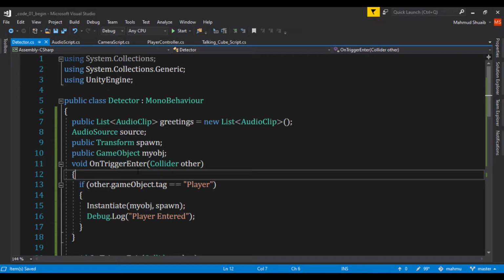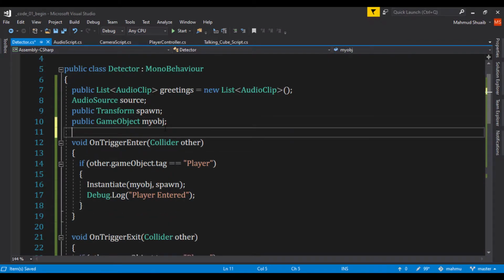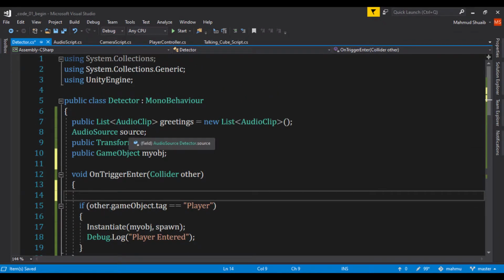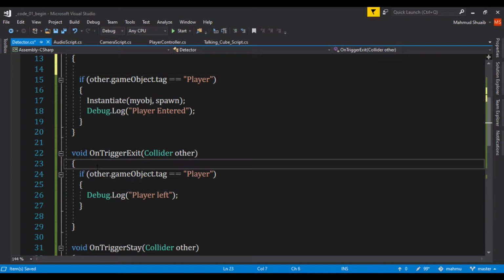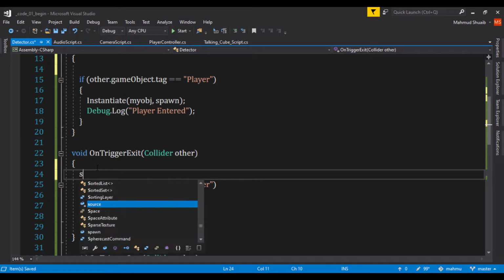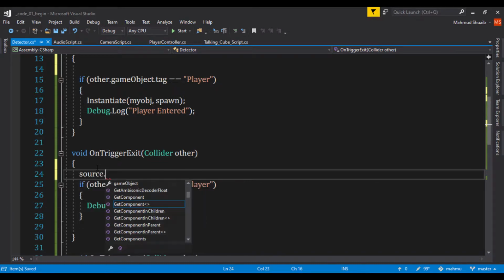So we have our audio source attached, and we've imported our audio files, but we're not actually playing that audio file. So to play that audio, let's go ahead and jump right here to our trigger enter. So right here, let's get our clip, our source clip. So right here we have our audio source. So let's get access to the clip function and load the sound file. So first I'm going to say source dot clip,